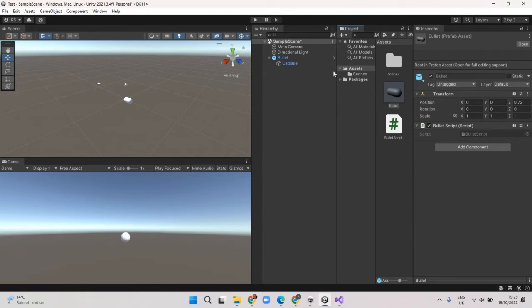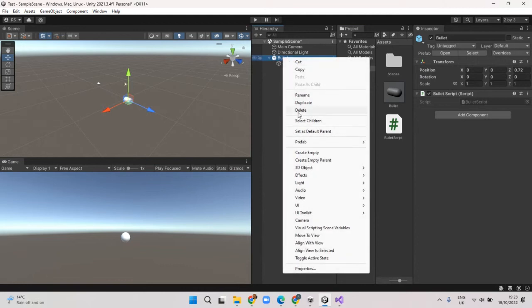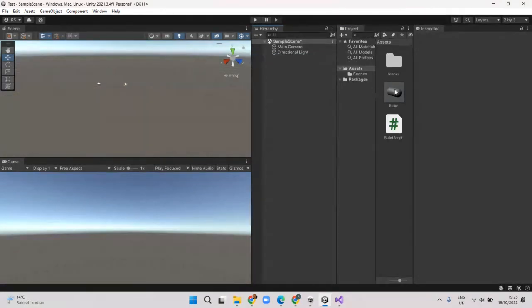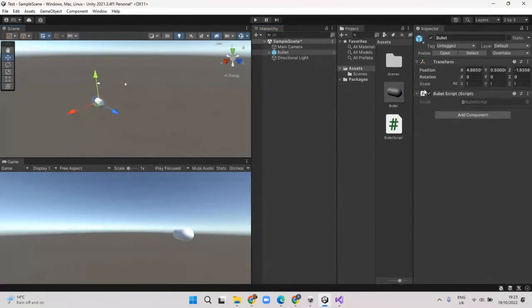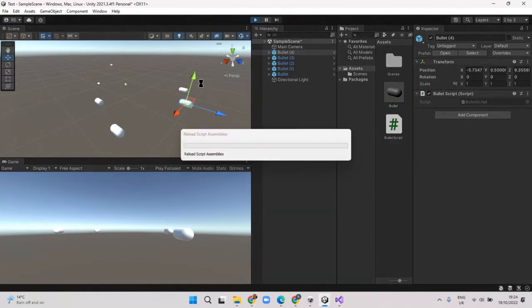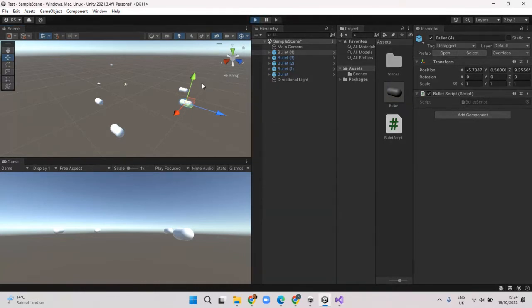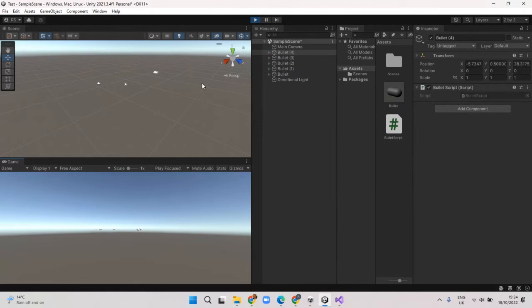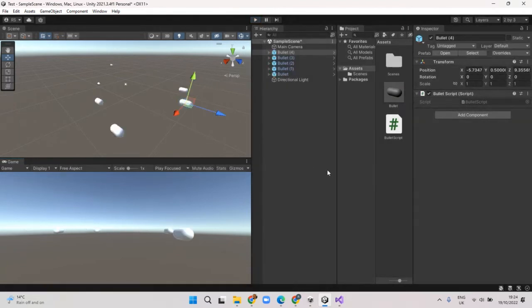a prefabricated bullet that's been made. Okay, so I can delete this in here, and if I wanted to, I could literally drag all of these guys out there, loads of them, just dragging out loads of different bullets into different places. And if I was to press play, they all shoot away because they're all bullets. That's what they do. Okay, so that's nice, but